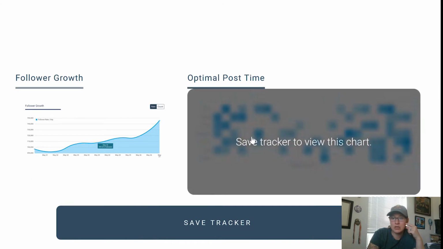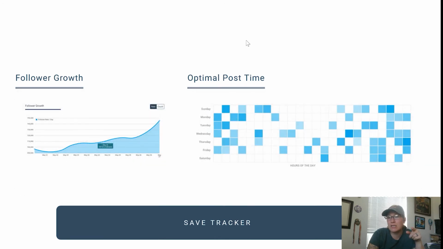Then you can see the optimal posting time. This is also really important because even if you're scheduling your information way out in advance, you're going to be able to see when is the best time to post, so that you're not grasping at straws to see which one works best.